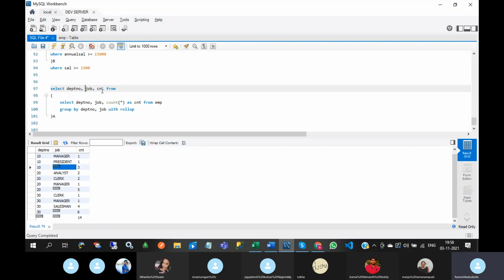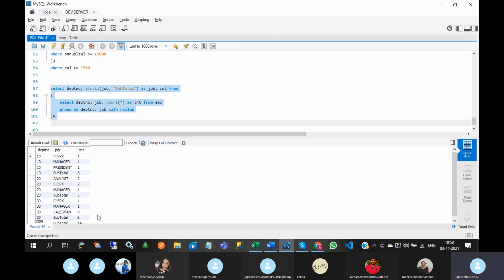So here, if job is null, I am going to give total, and here giving job name. See this subtotal 3.